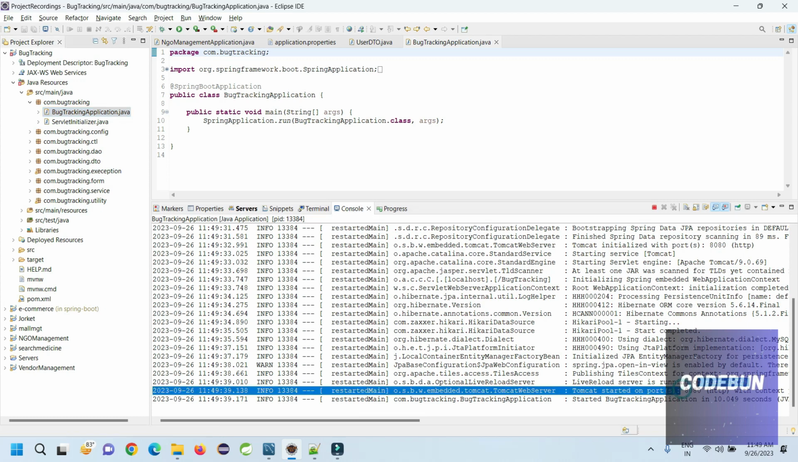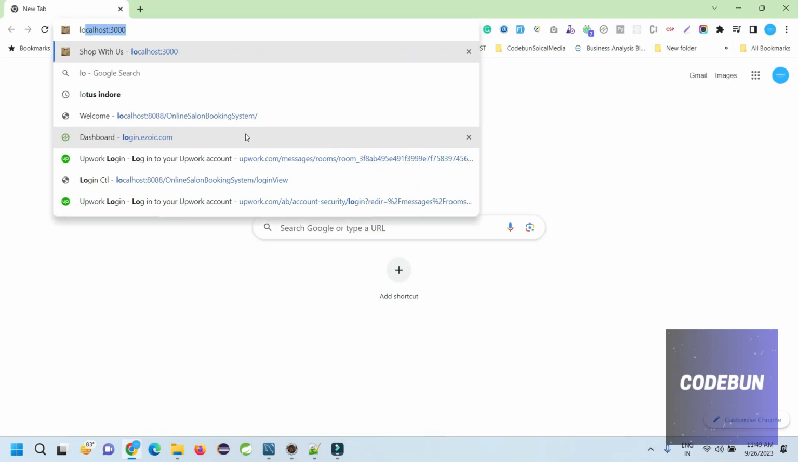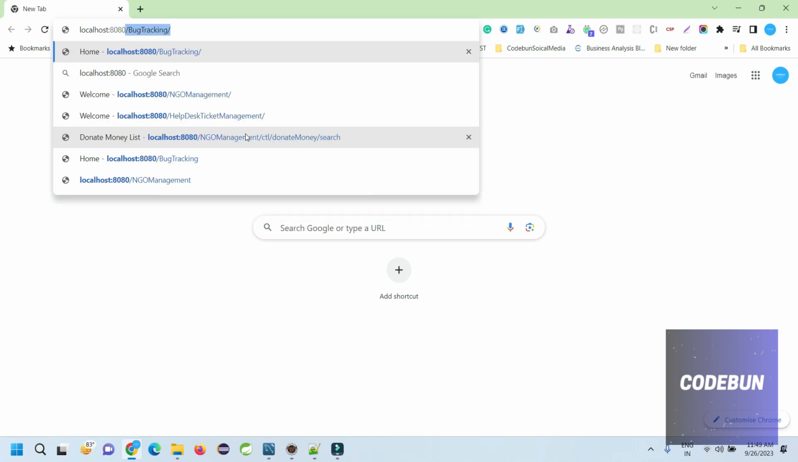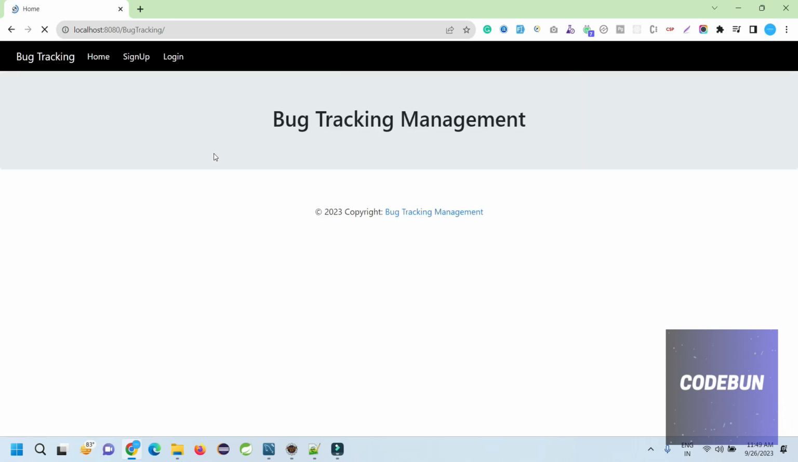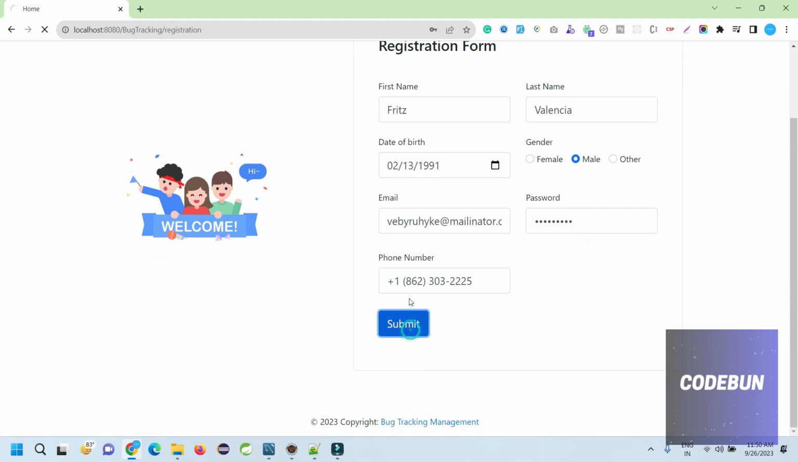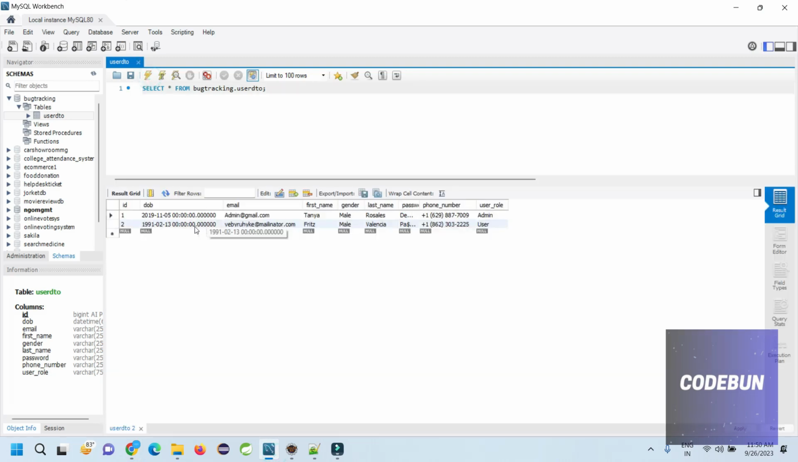So I have started the server. It's running on my 8080, and let's say localhost 8080 bug tracking. That's it. So what I started, it's just a basic home page where we have a sign up option and the login option. Under the sign up, we can fill up some data. And when you hit the submit button, it will say registration successful and the data is stored in my user